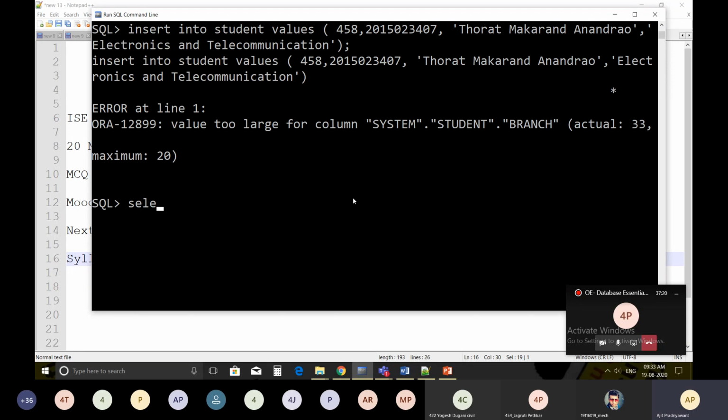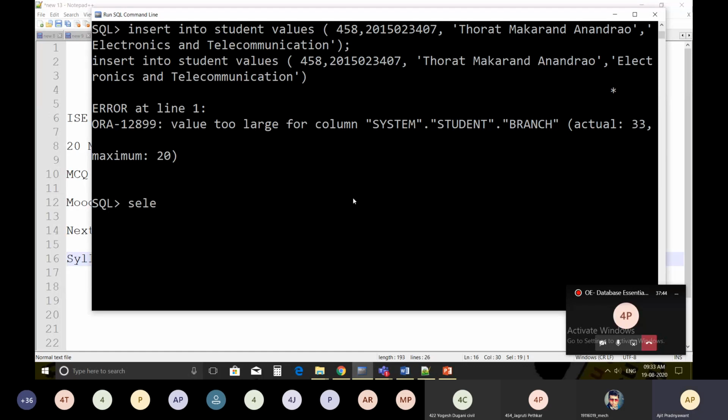There are a number of databases present in the market like Oracle, MySQL, PostgreSQL, DB2, and many more. Mostly Oracle and MySQL are used. You can use any database to query over or create the tables in the database.